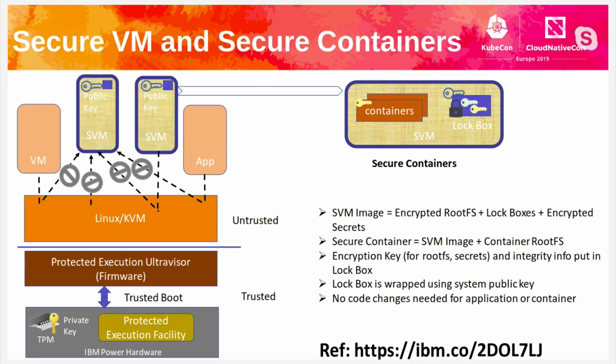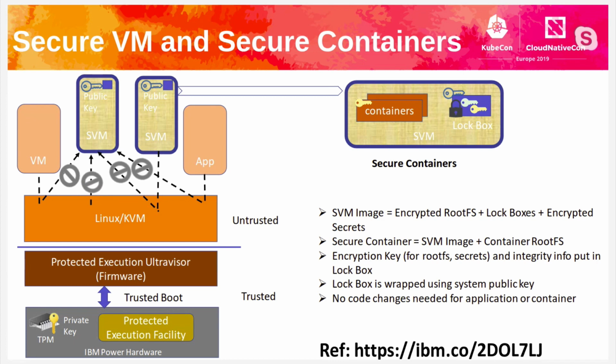Okay, so as we saw in the previous ones, what we have to do is create a black box and put the sensitive stuff into the black box. For the IBM Power hardware case, secure VM is the black box, right? So let's go through the